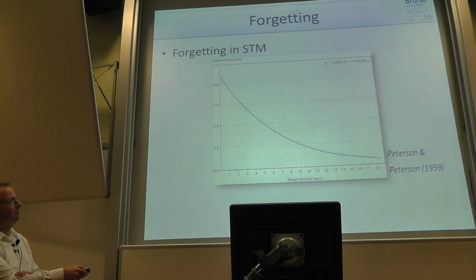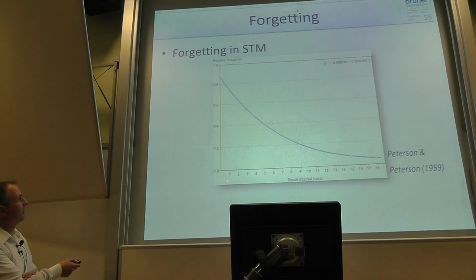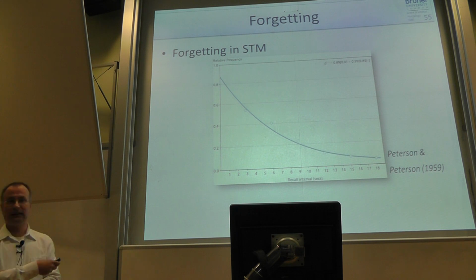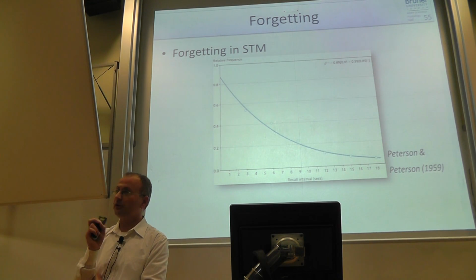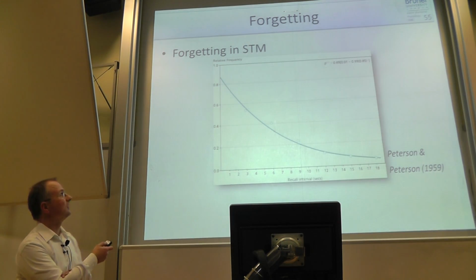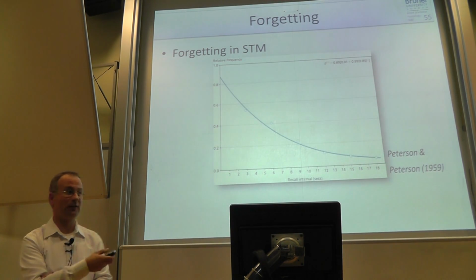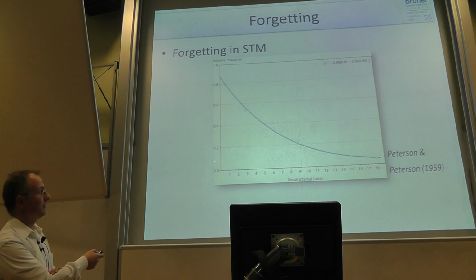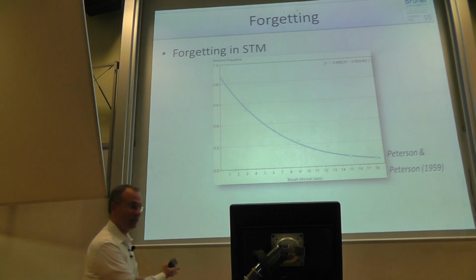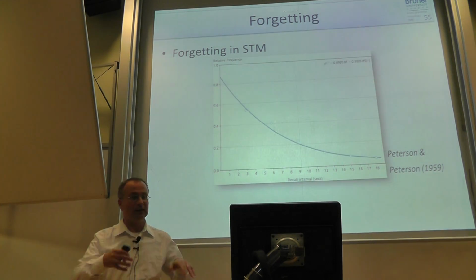So this is the duration from 1 second to 18 seconds, and the probability that you recall the items. So after 1 second, it's roughly 80%. So information in your short-term memory, if you cannot rehearse it, roughly 20% has been lost after 1 second. And then you see it goes down, and after 18 seconds, it's maybe 10%. So not very much left. So short-term memory is really short-term memory, unless you use rehearsal.